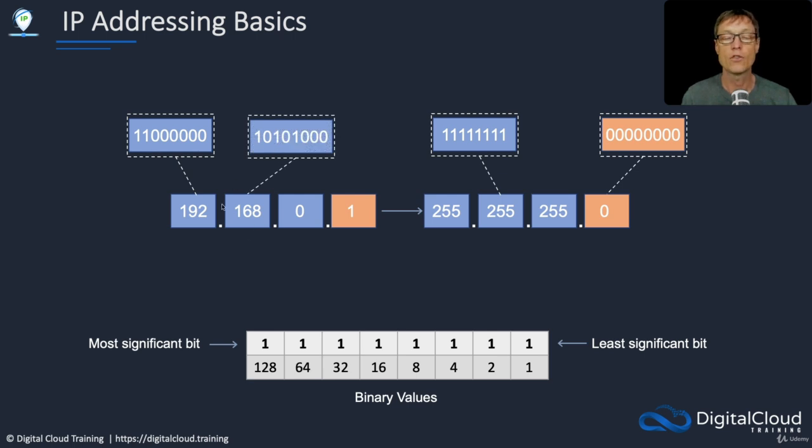And again, here you've got 168. And the way you'd represent that is by having 128 plus 32 plus 8. And the 1 for the host ID here would be all zeros and then just a 1 on the far right hand side here. So hopefully that helps you to understand how to turn the binary bits into the decimal